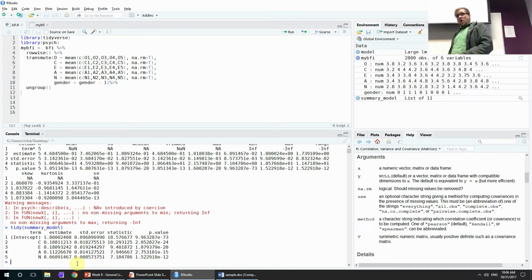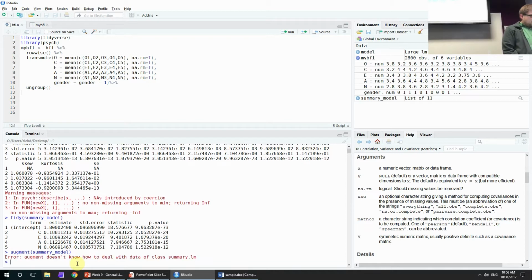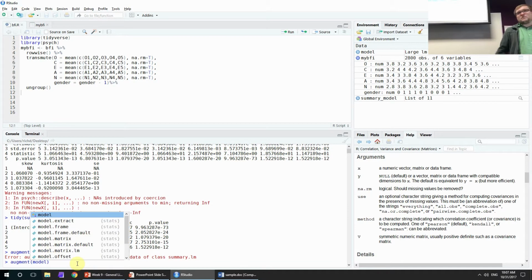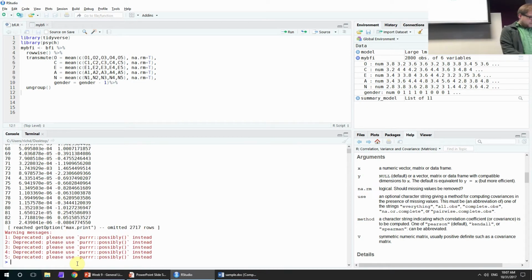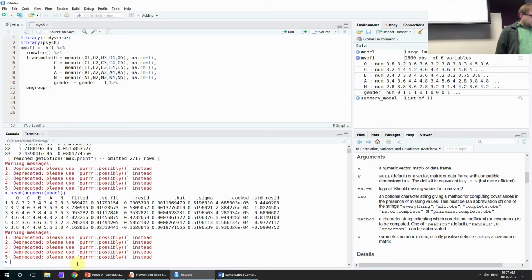That's different from augment. Augment is specifically designed to tidy but also add useful extra information that is not included in the main thing that's being rotated. So if I augment, you will see, for example, here, that we can't deal with a summary because summaries are not what augment is designed to handle, but we can augment a model. Actually, I'm going to look at the head of augment